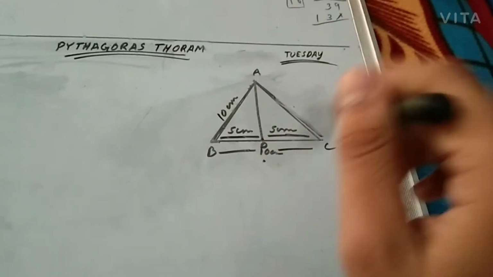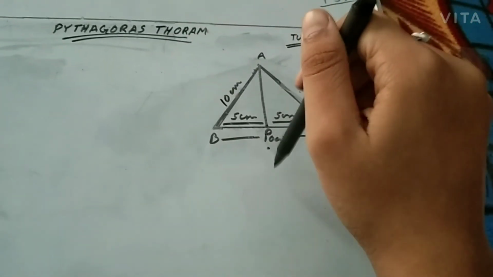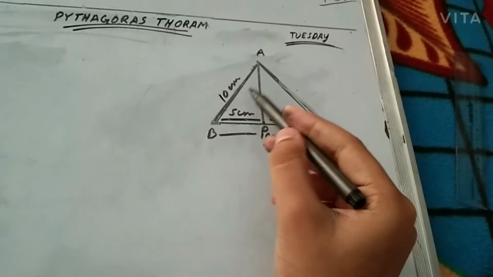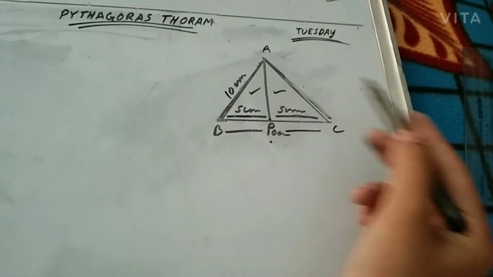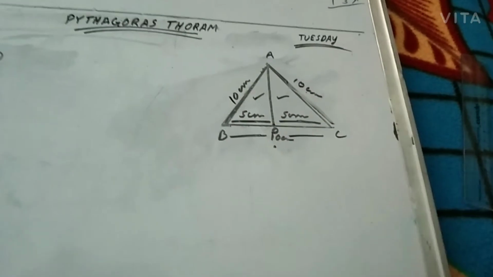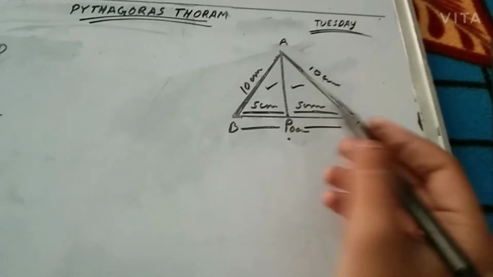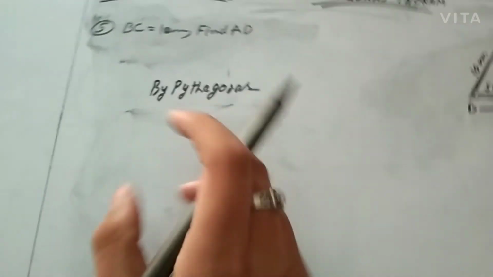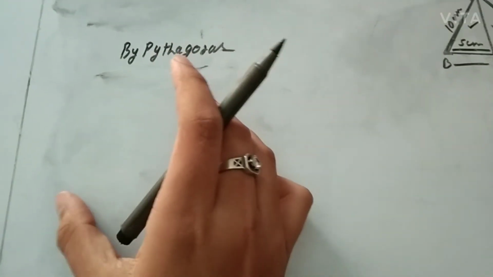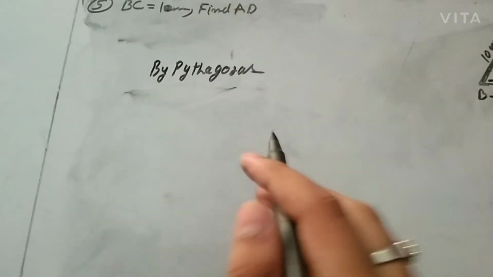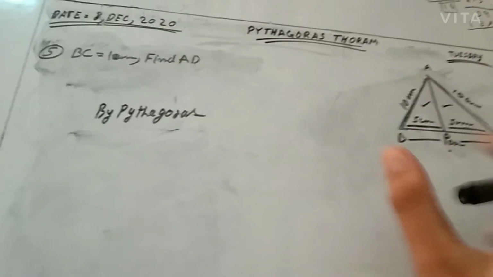So here we will have to calculate this AD. So we can take any portion, like you can take this portion also or this portion also, because this is our equilateral triangle. It will also be 10 centimeters. It is 10 centimeters, and this is also a 10 centimeter point. So let us make the equation by Pythagoras. Okay, we will apply this Pythagoras formula, but before that we have to apply another formula to make it simpler.